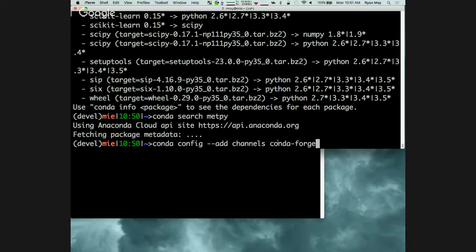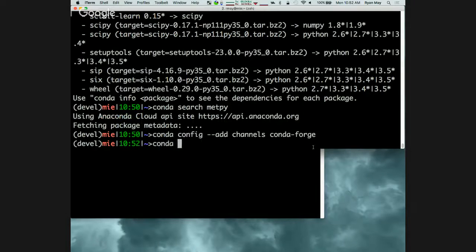Essentially a group of interested community members have set up this infrastructure on GitHub to automatically generate packages based on recipes that are stored in GitHub. And so you can contribute version bumps and whatnot to try and keep the latest versions up to date there. And so we can get our packages from there as easily as just saying, I want to add this channel called conda-forge.